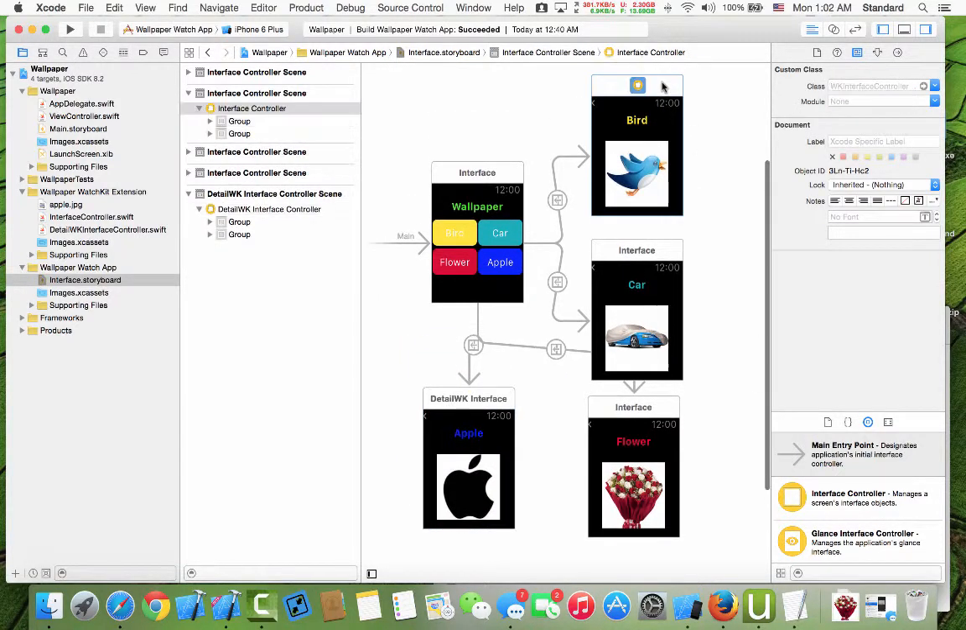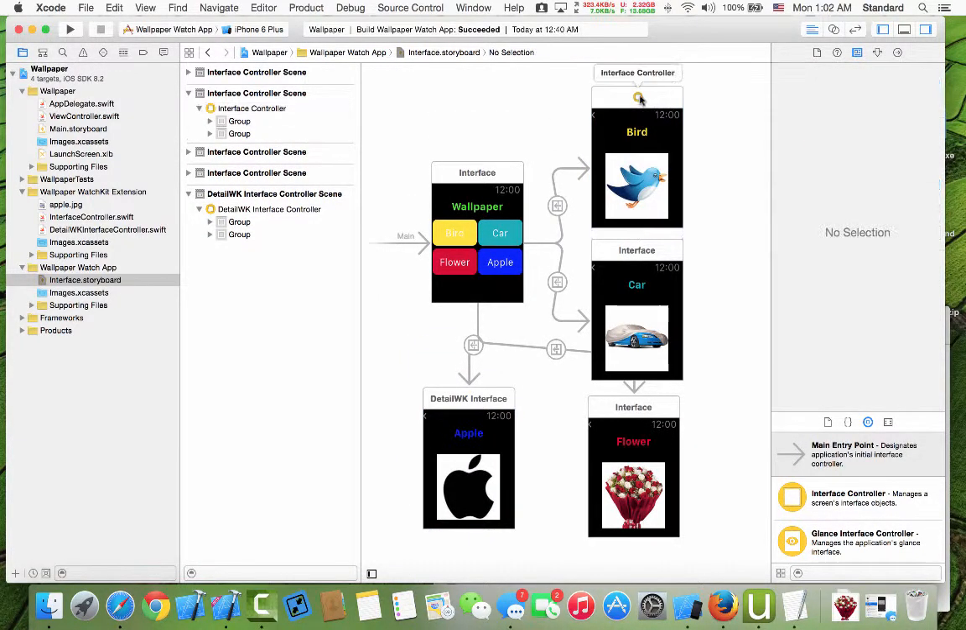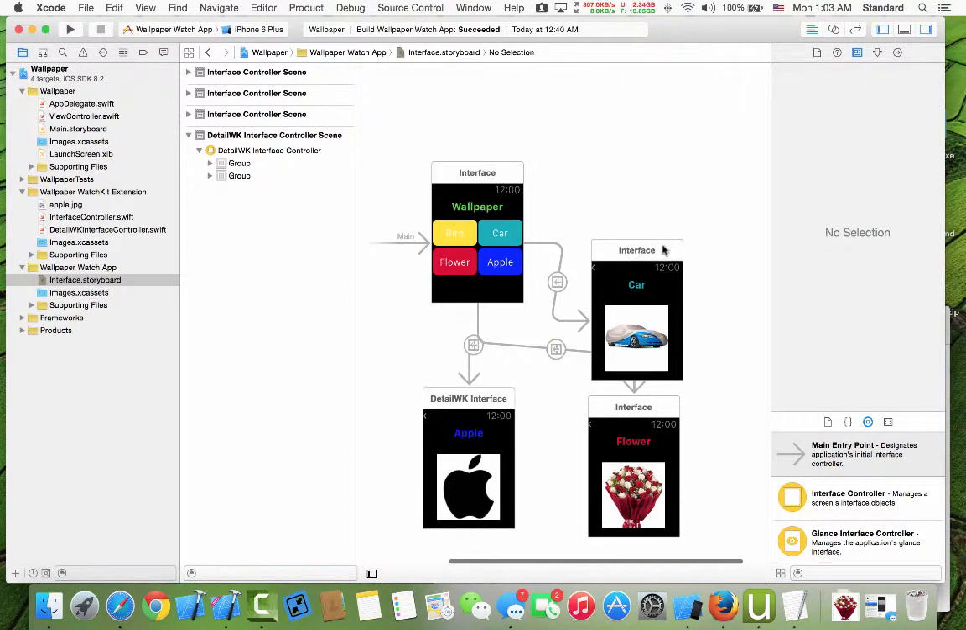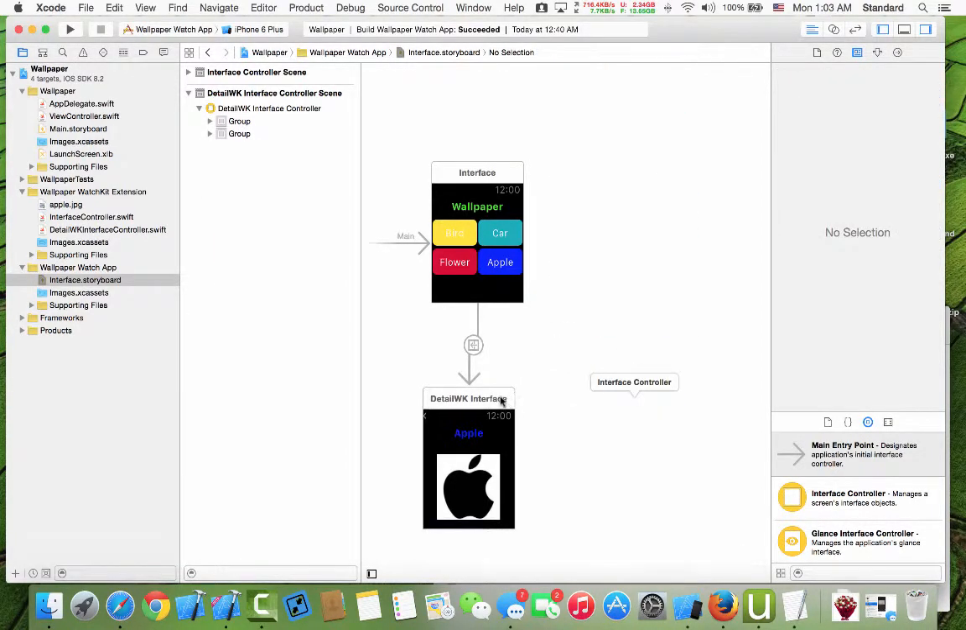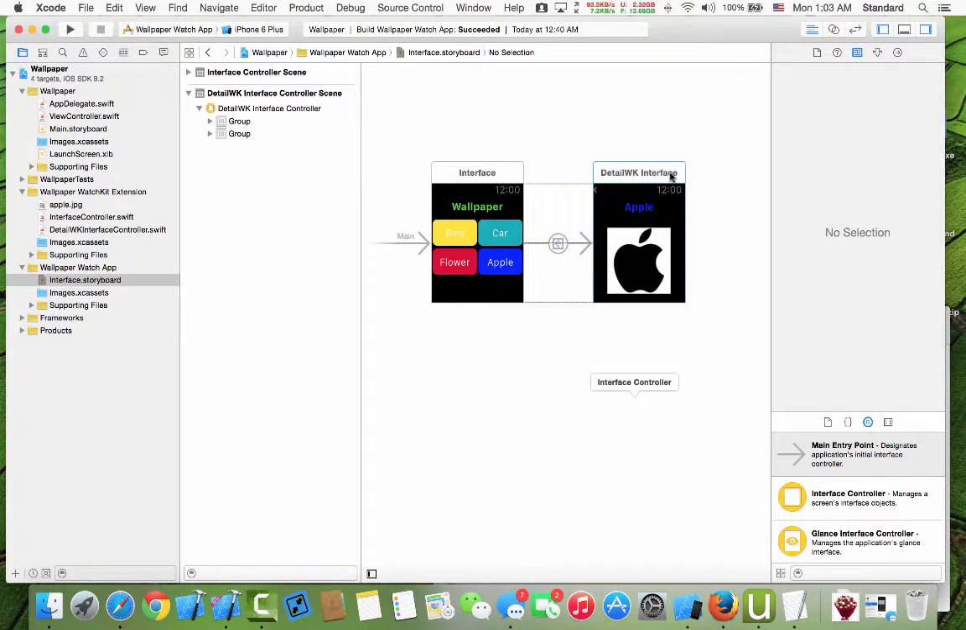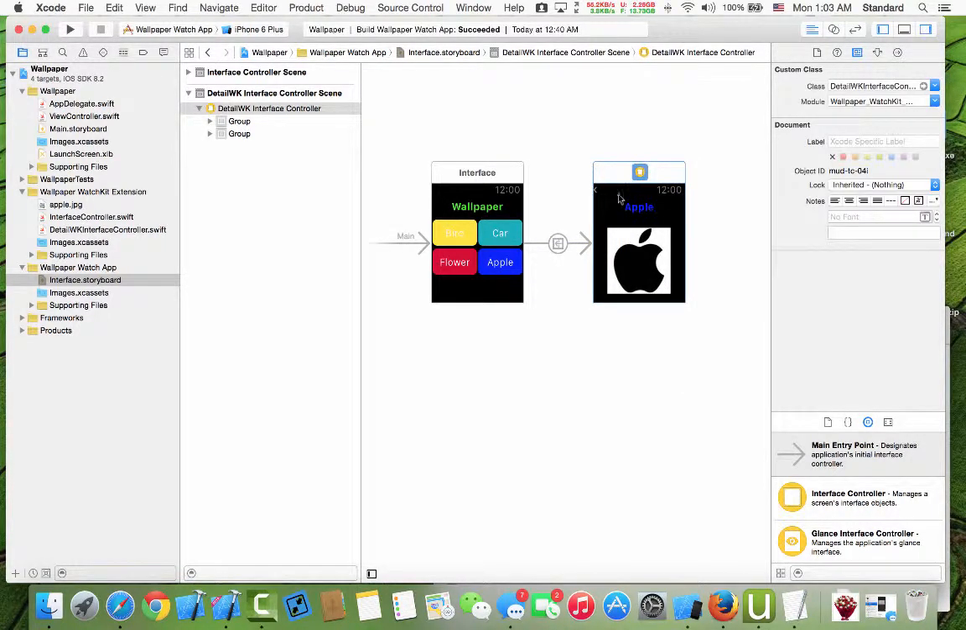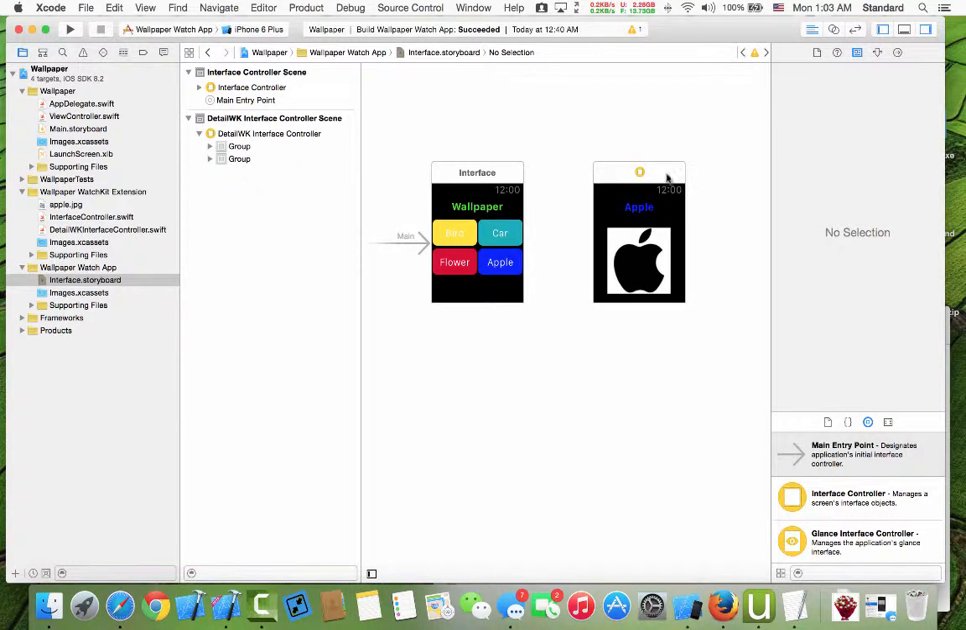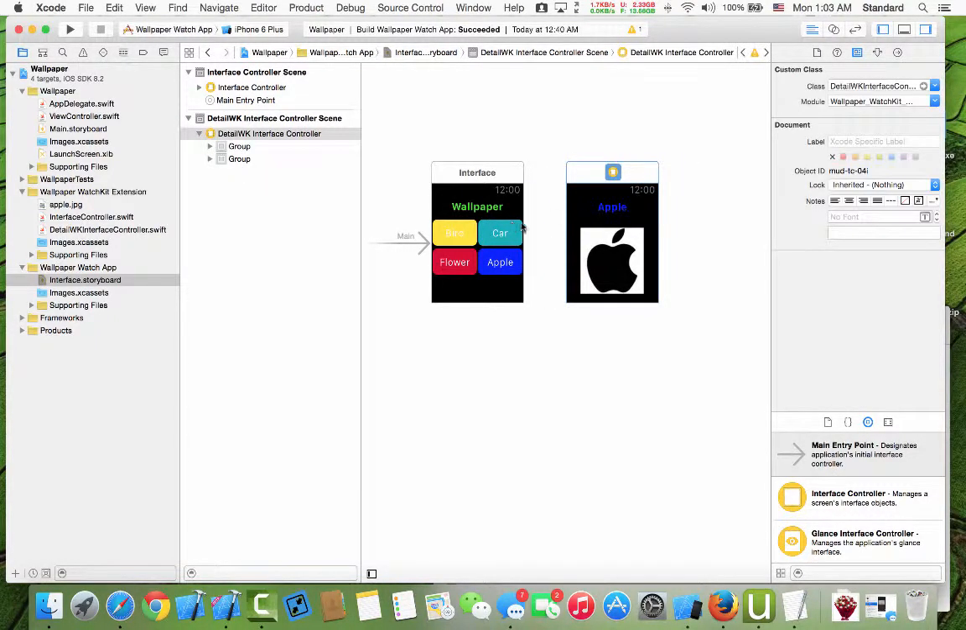First of all, we have to delete all of these interface controllers and keep just one interface controller. Because we can control our interface by code, we have to use code to notify which button the user has tapped, and after that we can control the interface to show up the image which we want. Okay,